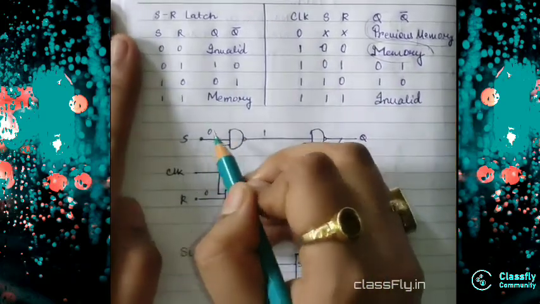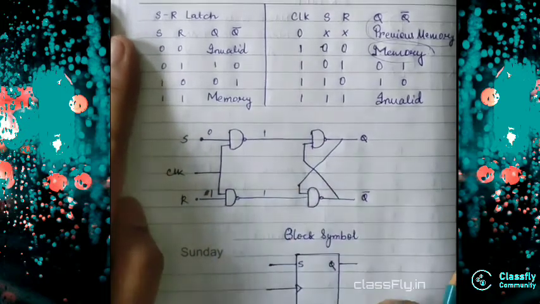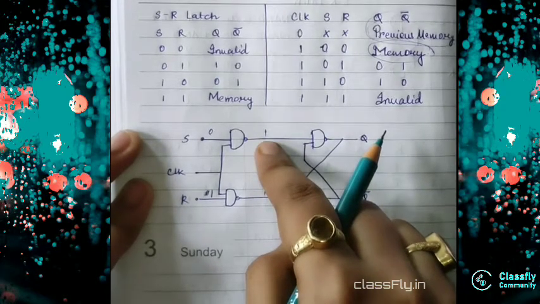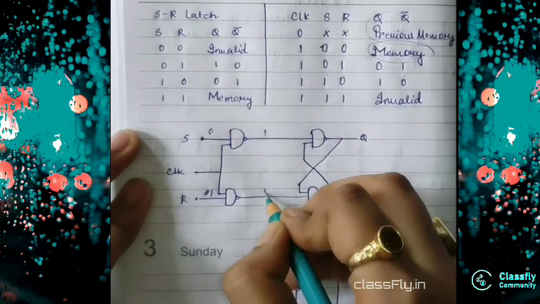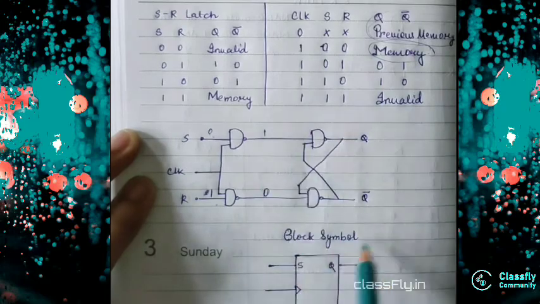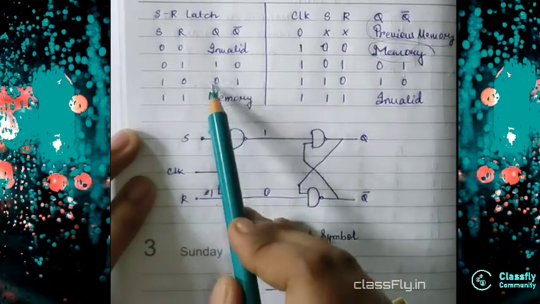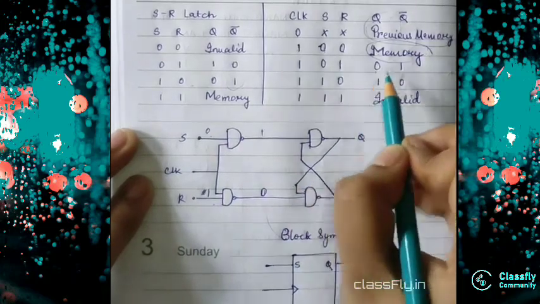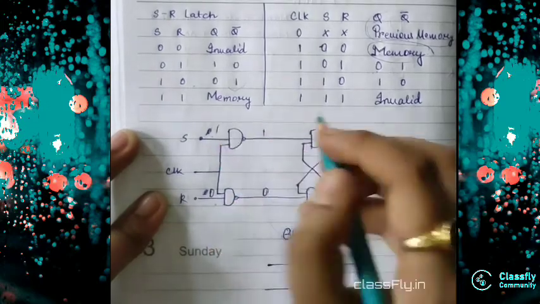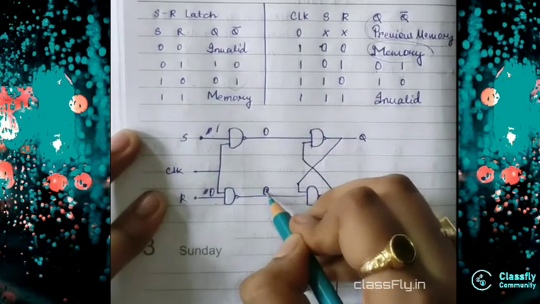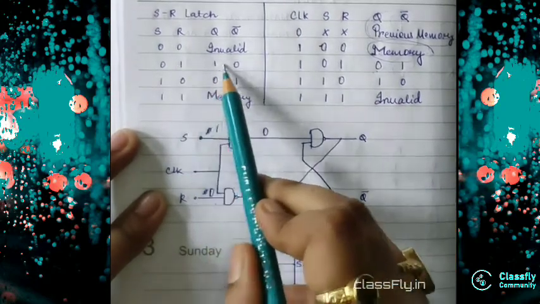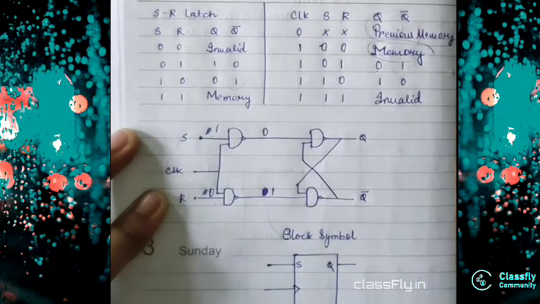Now if I do S 0 and R 1 here, what do I get? I will get 1 and 0, right? I will get 1 and 0, and for the SR latch, 1 and 0 gives 0 and 1. So my output will be 0 and 1. When I do this one 0 and this one 1, I get 0 1 when it passes from here, right? Now if I see the SR latch truth table, I get 1 0. So my output will be 1 0.